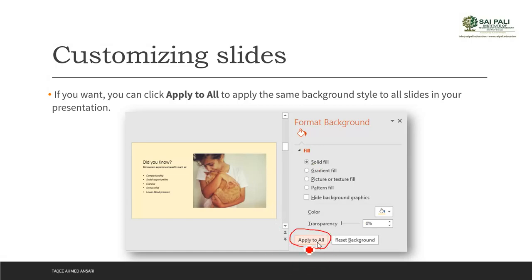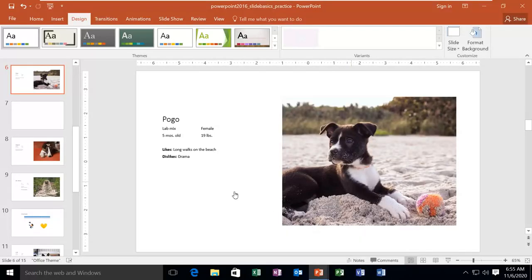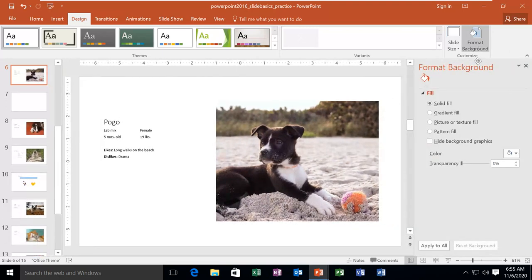So whatever you want, you can choose, and then you can select to apply to all. By default, it will apply only on the selected slide. If you want to apply it on all the slides, then you can select Apply to All, and it will be applied to all the slides. So if I want to change, by default it is a white background. So I want to change it. In the Design tab, I have this Format Background command. So when I click on it, it opens this